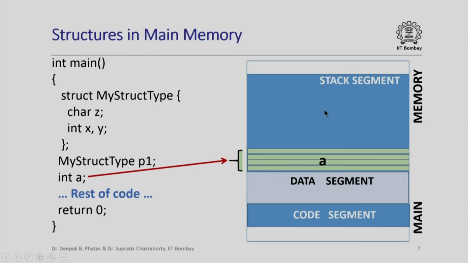so I can visualize the main memory, and the main memory here is divided into 3 segments: the code segment, data segment and stack segment. A being a local variable of the function main, memory for A will be allocated in the activation record for main when main is called by the operating system, and this activation record will reside in the call stack in the stack segment. Therefore memory for A is really allocated in the stack segment, and since we need 4 bytes and since each location of main memory stores only 1 byte, we have 4 consecutive locations allocated for the integer variable A.